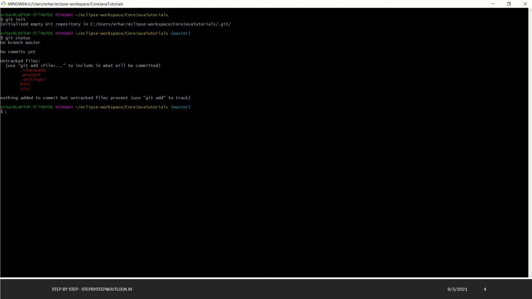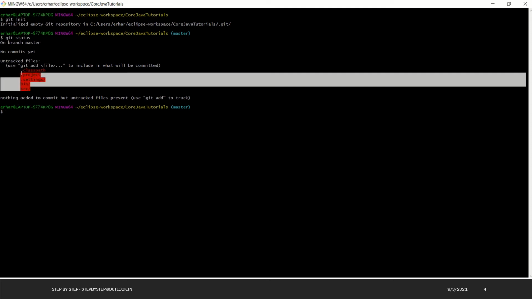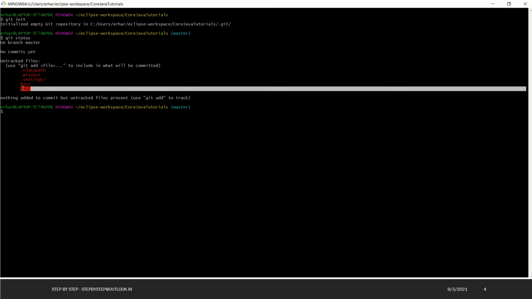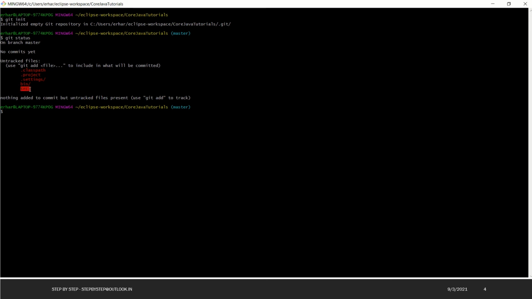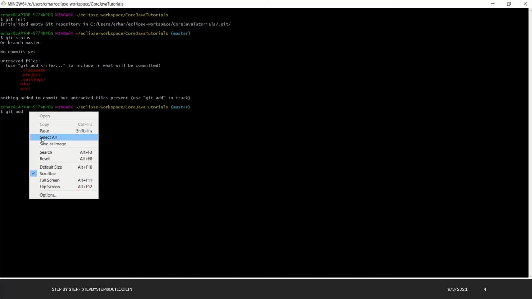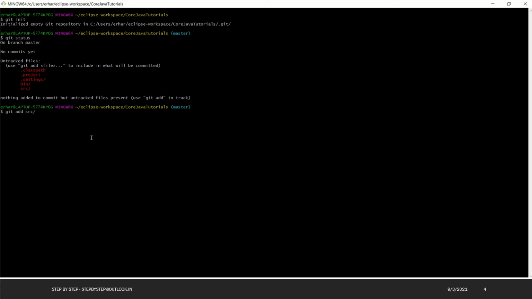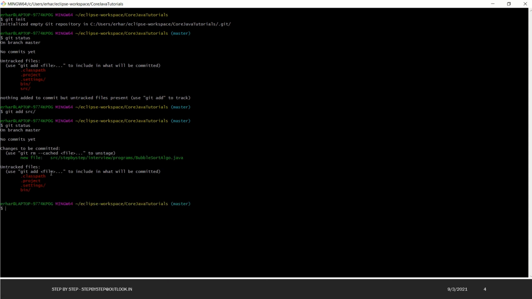If you see, currently it is saying that these are untracked files. So I'll just commit the src one, because I don't want to commit the other files. The other files are not important; those can be ignored. We can also add those to be ignored in the Git ignore file, so we will see it later. So you need to do git add src. Then if you observe the status again, it will say that this is added, and these are untracked files. I will not add these files as it is not necessary.